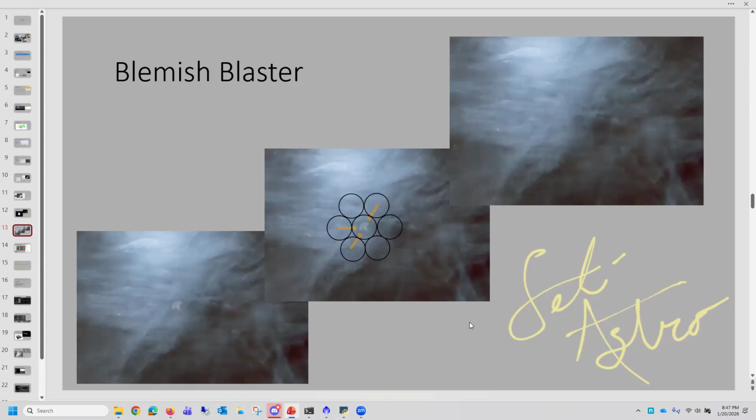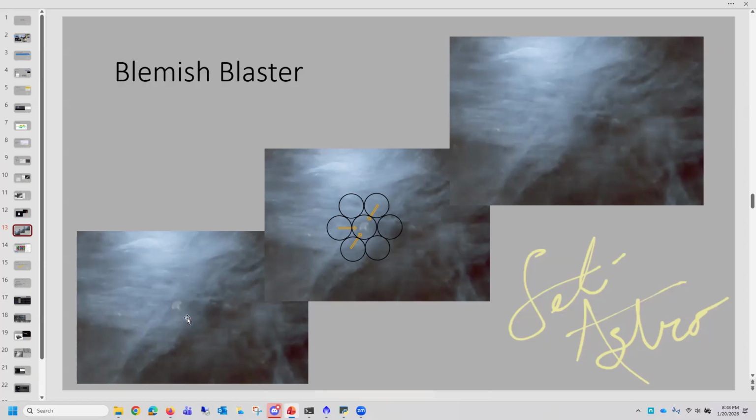In PixInsight, there's no good content-aware tool to remove anything. They have a clone stamp. If you've used it, you know its limitations. You gotta find a patch of the image that you want to substitute in the area you're clicking on, and a lot of the time you never get it right, and it's just ugly a lot of the time. So when I made Blemish Blaster, I decided what it's going to do is